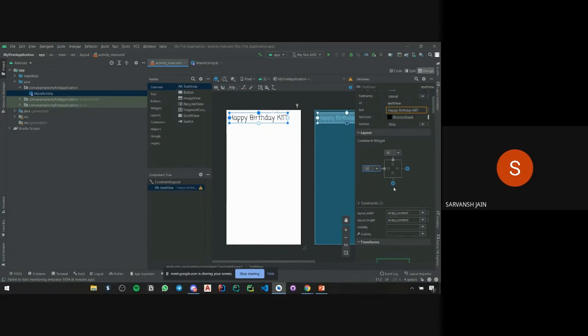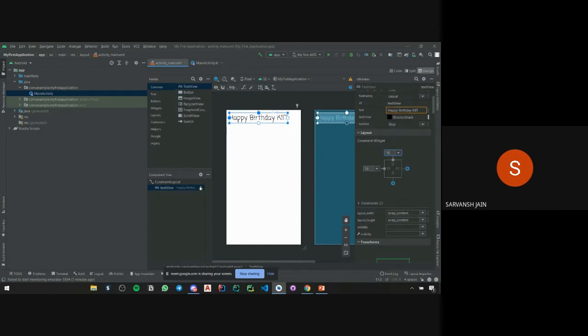As you saw, the text shifted a bit on the screen. I'll show it to you once again. If I give it 25, it shifts a bit to the right. Then I'll go back to 16. It shifts a bit to the left. Same with this. If I choose quite a big number, like 30, it shifts it down. And I'll go back to 16. So I've now defined the constraint.